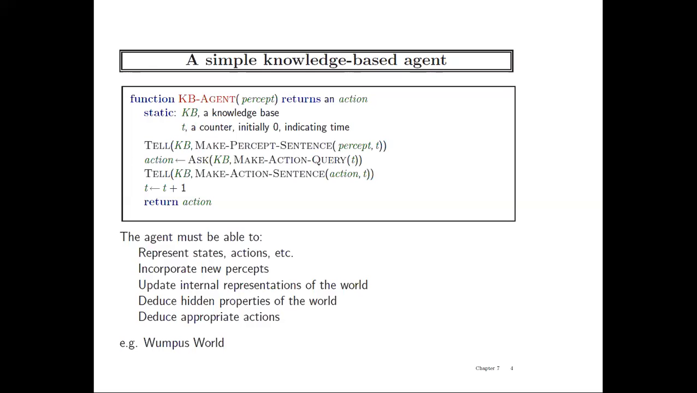Deduce hidden properties of the world. There are some things which are not explicitly there, but you have to find them out from the given problem. That is called deduction. You take out all those hidden properties as well. And obviously, for all those situations, come out with appropriate actions. So that is the concept of a simple knowledge